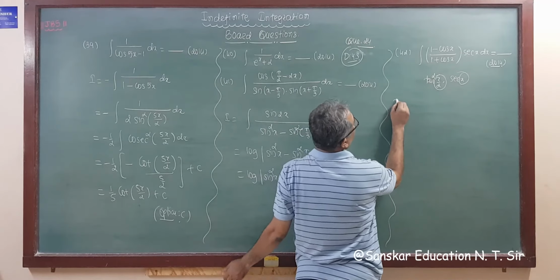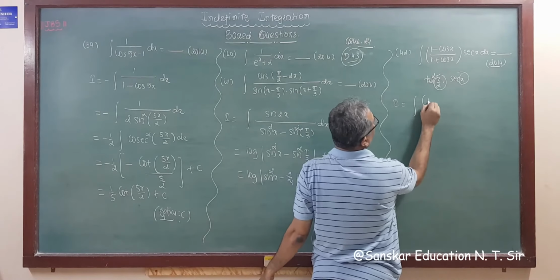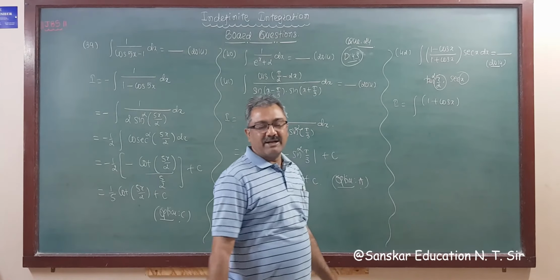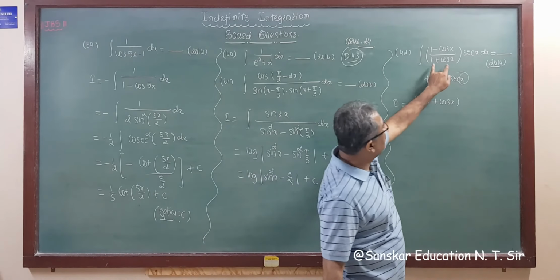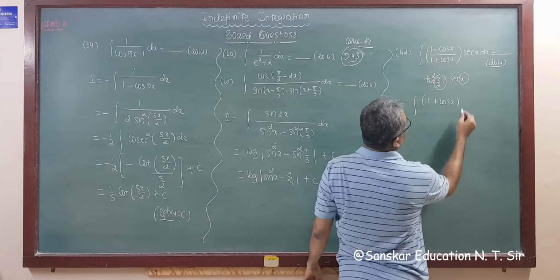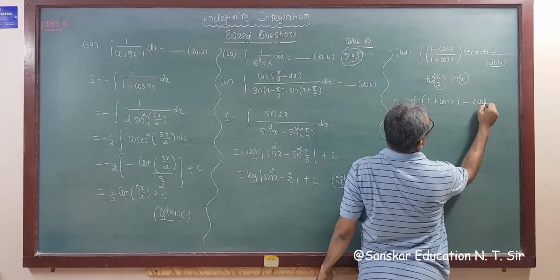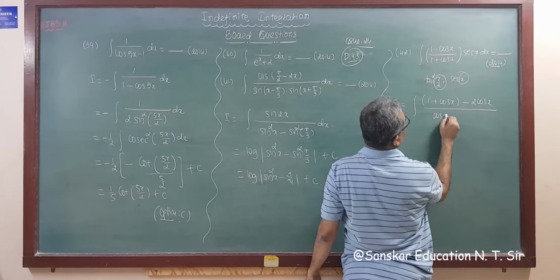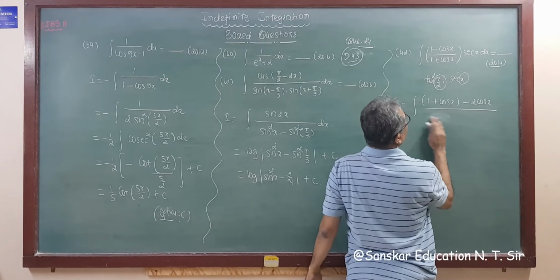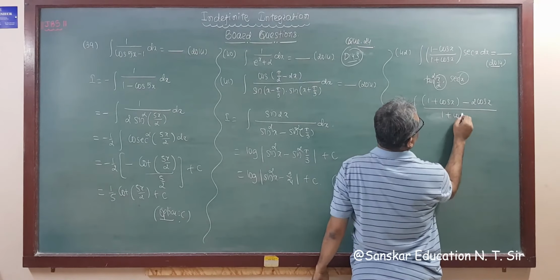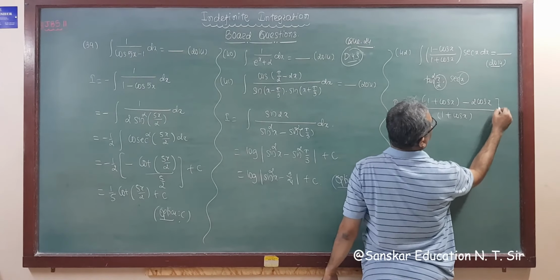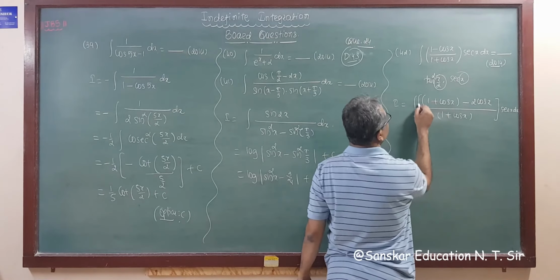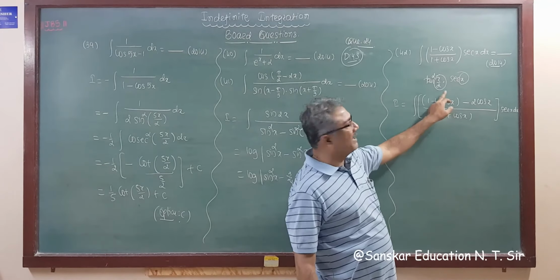I am going to use I is equal to integration. I am writing here 1 plus cos x. So I am adjusting the denominator in the numerator, right? Then this will be minus 2 cos x, whole upon 1 plus cos x. I am leaving sec x as it is, so this is 1 plus cos x in brackets, and over this is sec x and dx. This is the adjustment, meaning I am adjusting the denominator in the numerator.